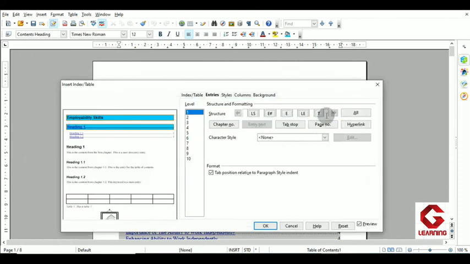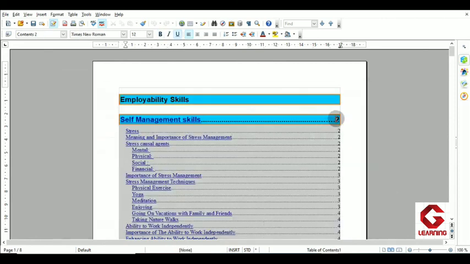How? Say again I want the page number. So in outline label 1, here I have to click after T and thereafter page number. So you can see now this page number tab has come here, and then OK. So now you can see page number is available here also. So in this way if we want we can remove a tab from the structure line, as well as we can add tabs in the structure line.